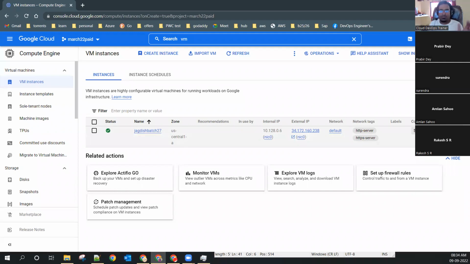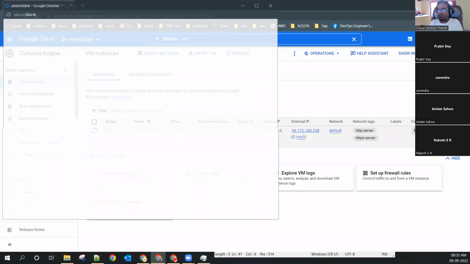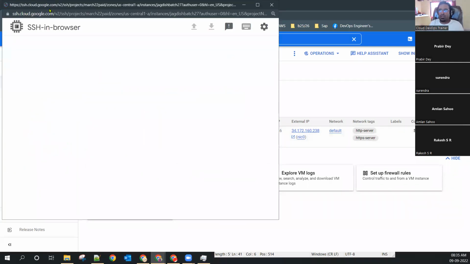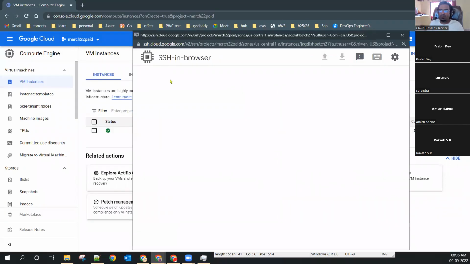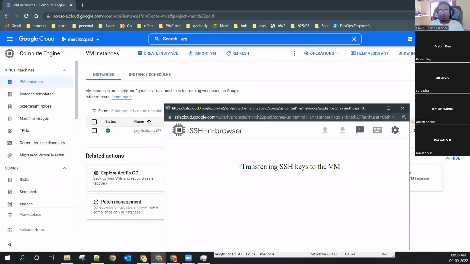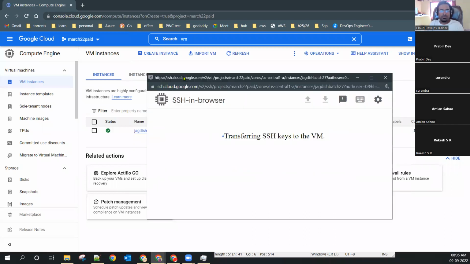Okay. SSH. What is SSH? I already gave this answer, that's why I'm asking you guys. Go ahead. Securely access Linux server. Securely access Linux machine on port number 22. Yes, I want to access my machine.